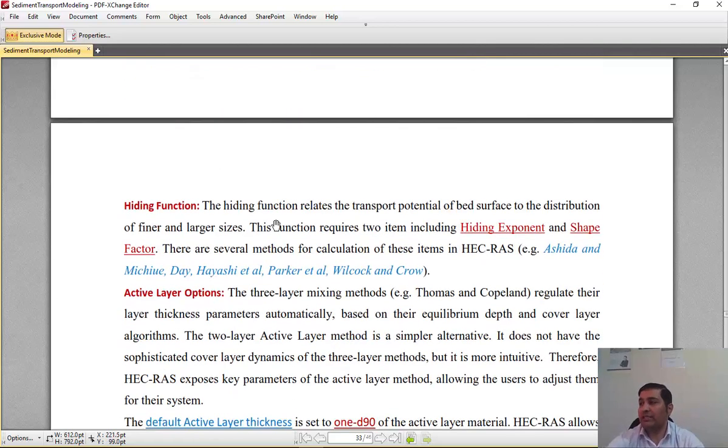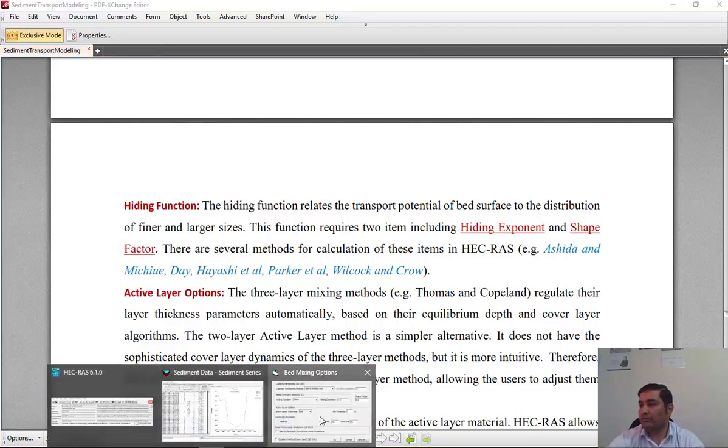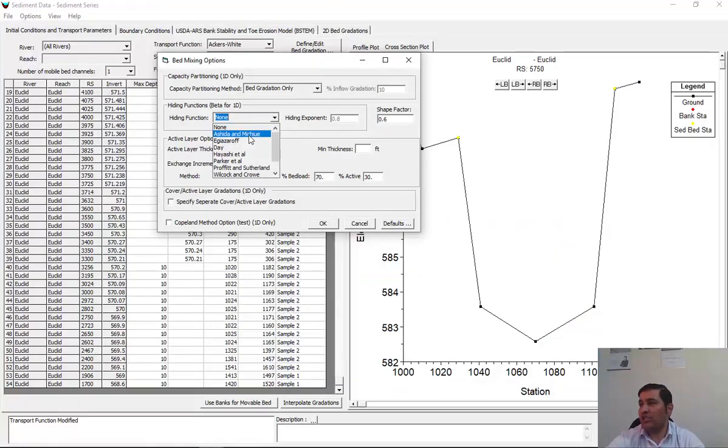The hardening function relates the transport potential of bed surface to the distribution of finer and larger sizes. This function requires two items, including hardening exponent and shape factor. There are several methods for calculation of these items in HEC-RAS. For example, you can use Ashida and Michiue and Egiazaroff, Day, Hayashi, and other methods. If you don't select or change this method, the model automatically uses these default values for hardening exponent and